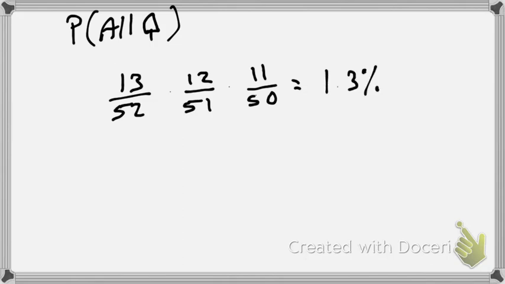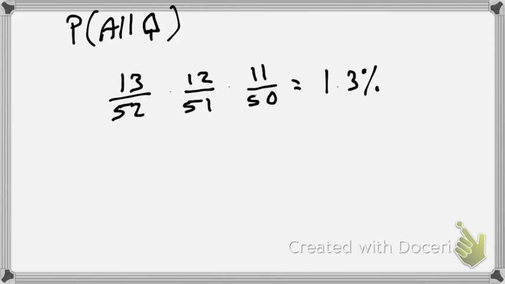That's why flushes are so rare in poker, right? So that's what you have to think about. That's a pretty straightforward question, because there's really no "or" question, right? I want it to be a spade and a spade and a spade. And if I want it to be a spade and a spade and a spade, then I'm just going to go through this process. Now I'm going to leave this up there so you can see what this kind of